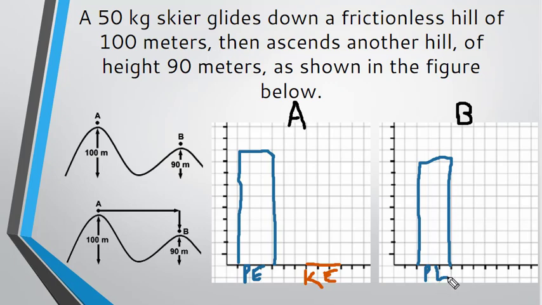But because energy cannot be created or destroyed, the amount of energy in the beginning, point A, needs to equal the amount of energy at point B. So we need to have 10 total blocks of energy here. That means that our skier at point B must be moving. He must have 1 block